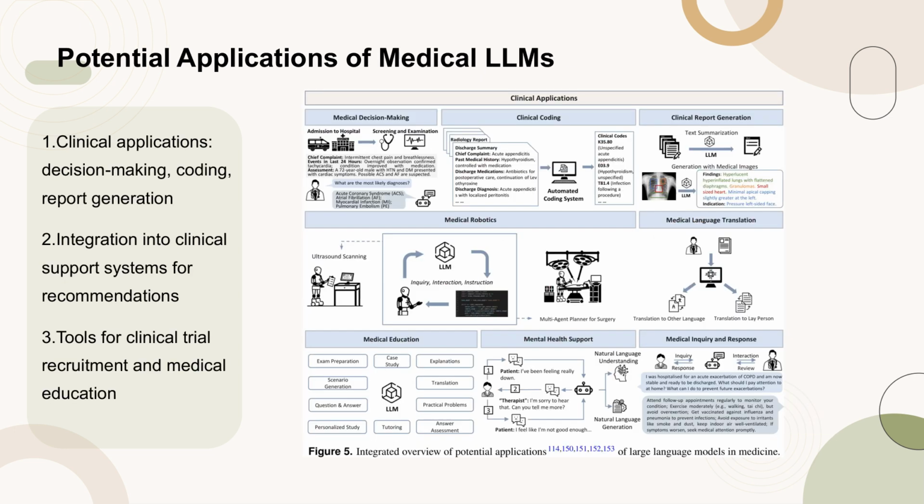Figure 5 provides an integrated overview of the potential applications of large language models, LLMs, in the field of medicine. These applications include medical decision-making, clinical coding, and clinical report generation. LLMs are being integrated into clinical decision support systems to provide evidence-based recommendations and references. Additionally, tools based on LLMs are being developed to assist in clinical trial recruitment by analyzing electronic health records to